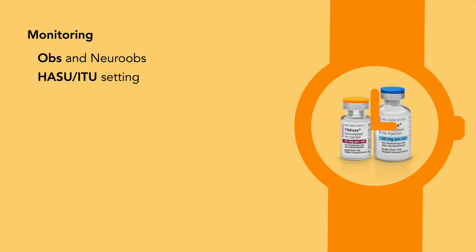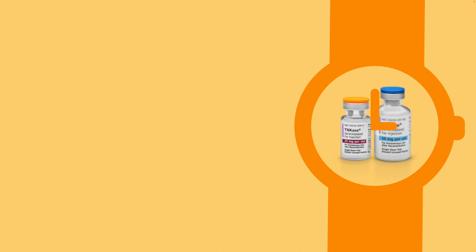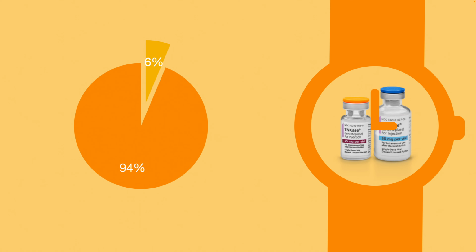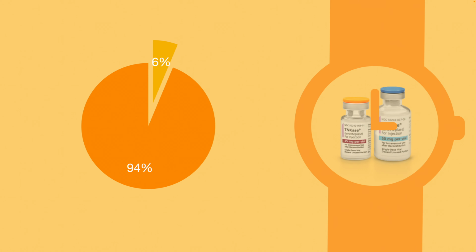To monitor, relatively straightforward. You've got your neurobs. They should be in a hyperacute stroke unit setting or ITU, so you can't do this on a ward usually. And a CT head should be done 24 hours later, and definitely before starting antiplatelets or anticoagulation. Okay. And that's because we've got all of these rules in place because they bleed. So 6% of all people you give TPA to will bleed. So if you're on a busy stroke service, you're going to see it quite a lot. You're going to see it every week.